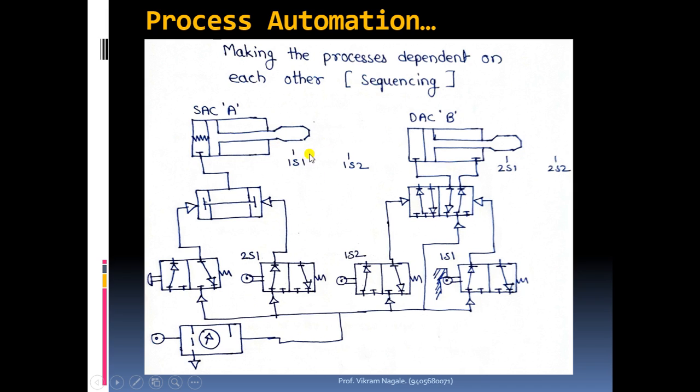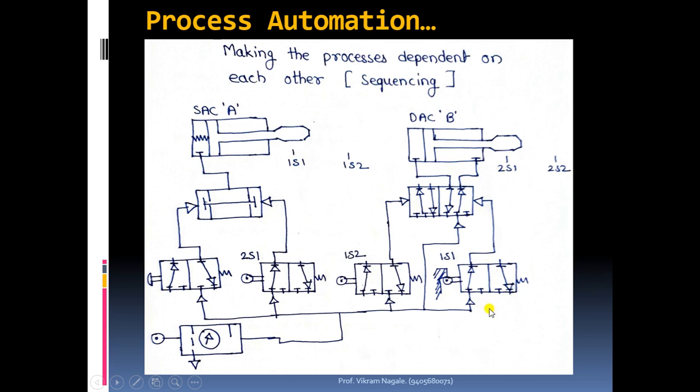For the next movement, it will complete its journey. This cylinder, or the rod end, will complete its backward journey. So this is how it will happen. And whenever this rod end is coming to this 1S1 position, the limit switch which is placed at this right side,